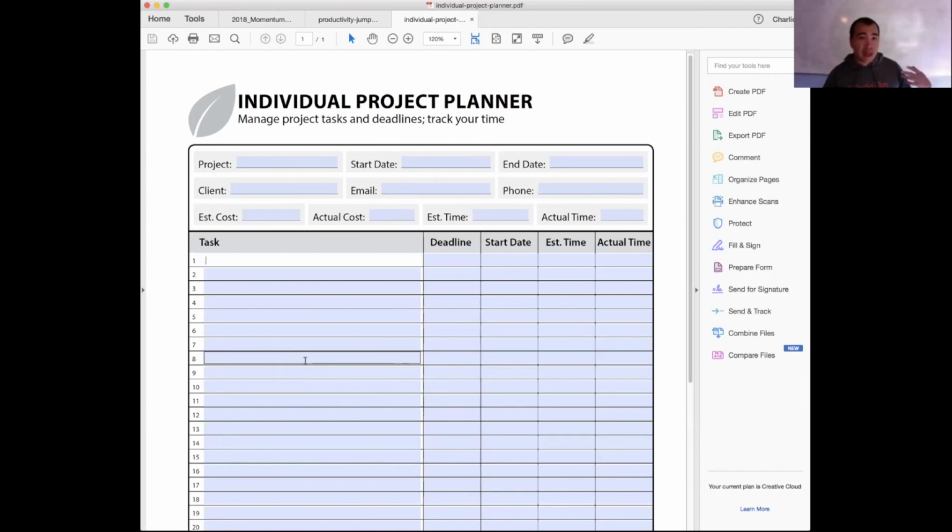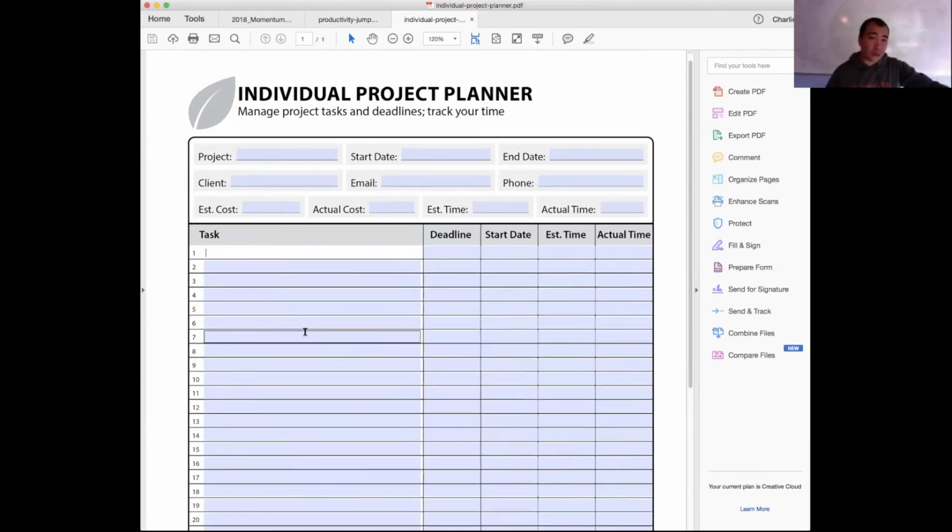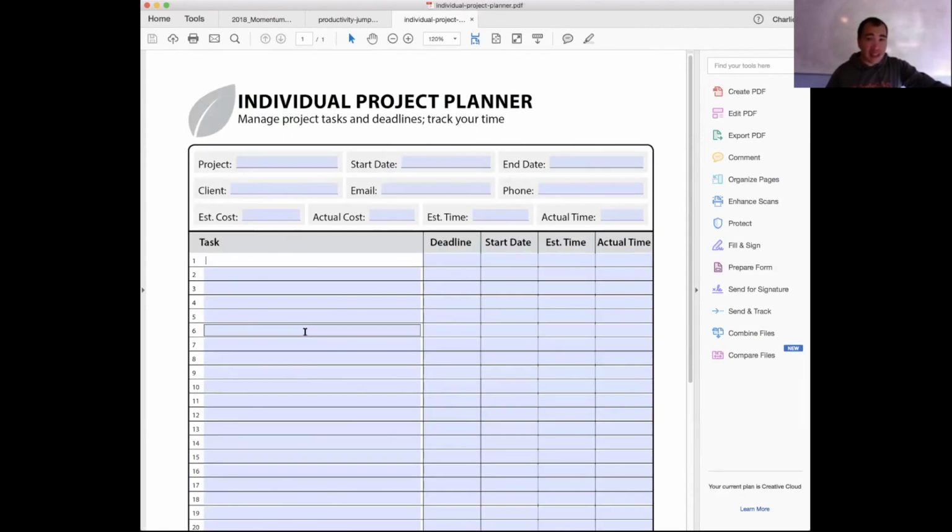Pretty easy. If you don't want to do this and you've got a much simpler project, this is great for projects that have a lot of things. If it's like a 4 or 5 step project, then you can just put that task on there. So that's how you can use those. And it makes sense that you would have different project planners for different projects because they're different projects, right? Easy done. On your planner itself, your planner becomes the dashboard that helps you see what those projects are and how you're stacking them up.